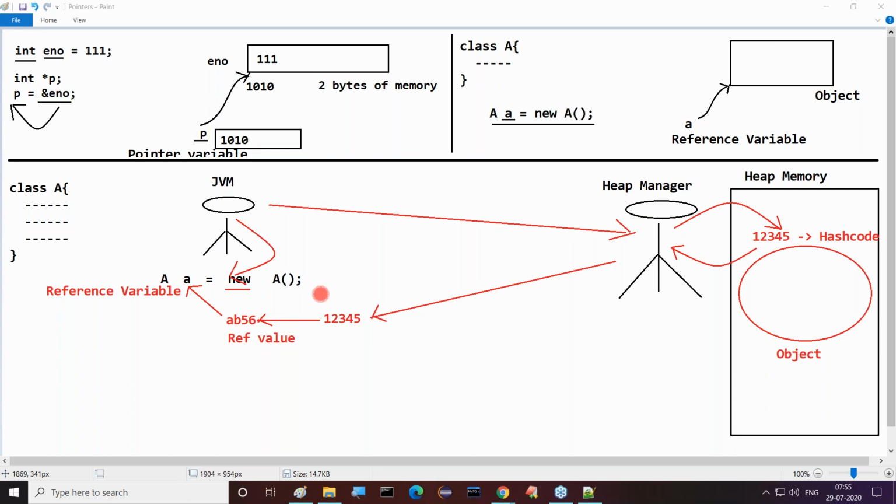Then immediately the JVM will contact the class, where it will inquire for the variables and their data types. On the basis of those variables and data types, it will calculate the memory size. And finally, the JVM will give that memory size information to the heap manager. When the heap manager got the memory size information about this present object, then immediately